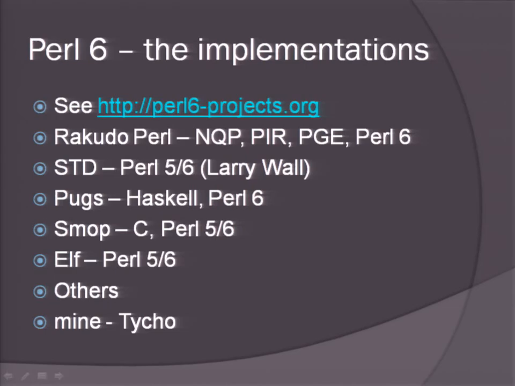SMOP, small matter of programming, also written in C, is a competing implementation, I guess you would say. STD, well, it's meant to be standard. It's the Perl 6 parser that Larry has written in Perl 6 with a translator that translates it to Perl 5. But it can parse itself. The Perl 5 version can parse the Perl 6 version. And it's also a deparser. It can go back and produce the original deparsed version, byte for byte, identical to the original source code.